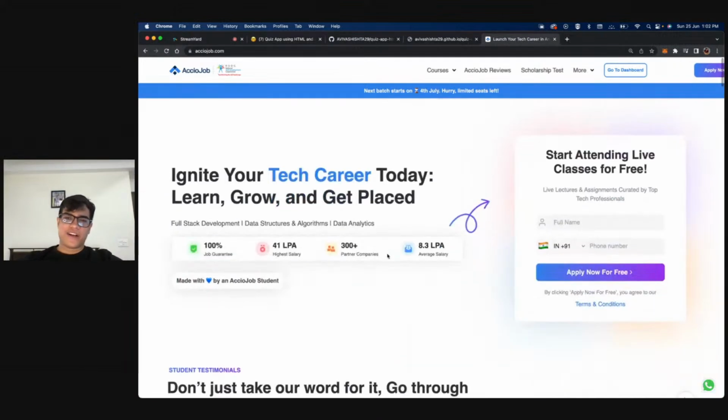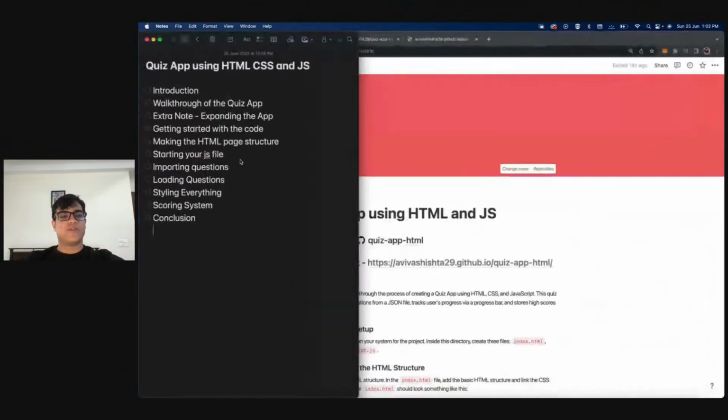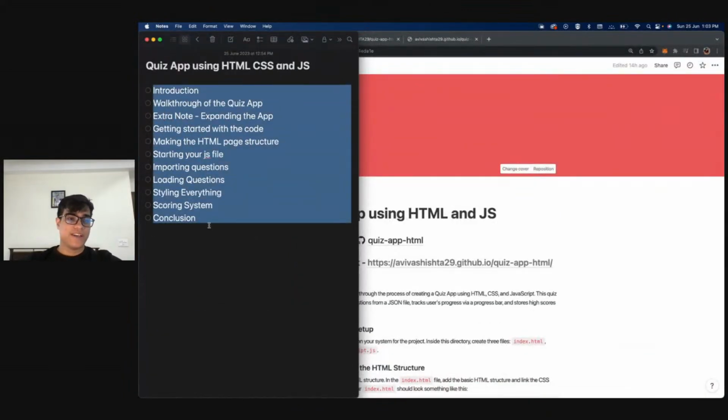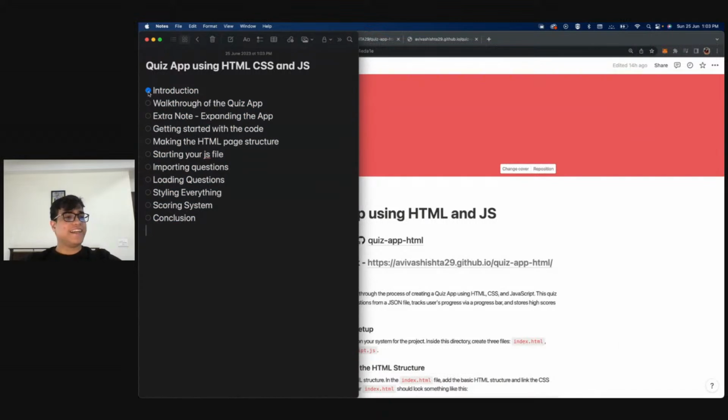That was it for our introduction and my introduction. Without any further ado, we can get started and talk about what we'll be building today. This is going to be the flow of everything we'll be doing. The introduction is done. If anyone has any doubts, let me know. Feel free to keep the chats active. We will try our best to keep the session as interactive as possible, because that way everybody gets to enjoy it, it's not boring, and everybody learns a lot. If everyone is cool with the introduction, let's move ahead. We will try to end this session within 2 hours, so not a really long session, and I will try my best to provide value to you.